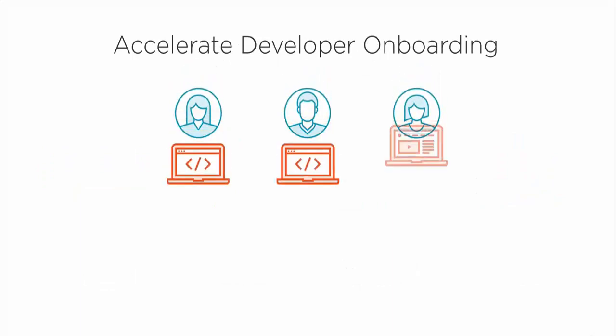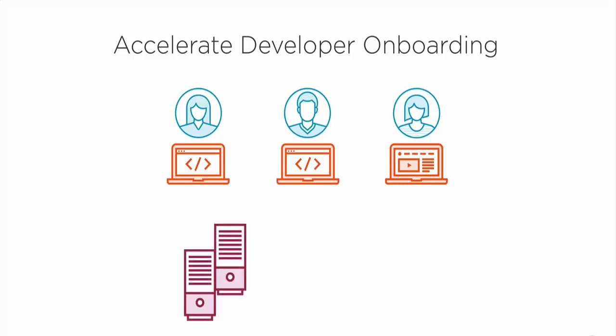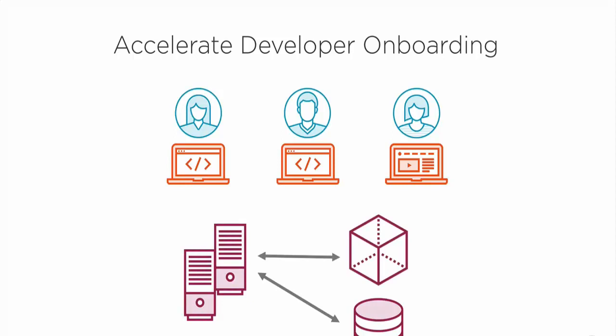So when it comes to accelerating developer onboarding, oftentimes we have multiple team members, of course, and we might have some developers, maybe a mix of designers, or people that kind of do both of those things. And oftentimes you want people working with the actual version of the app versus just a prototype that's separate. And so we might have a web server, we might have a database server, caching server, and those types of things. And setting all that up on an individual developer machine, especially for people that work remotely in different scenarios,